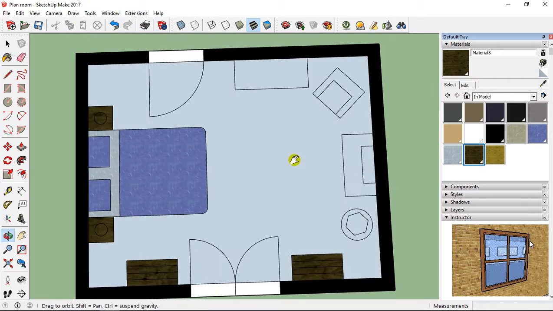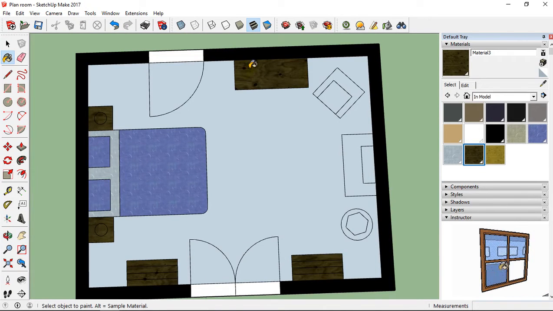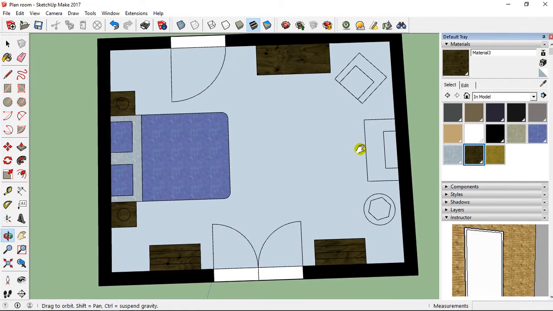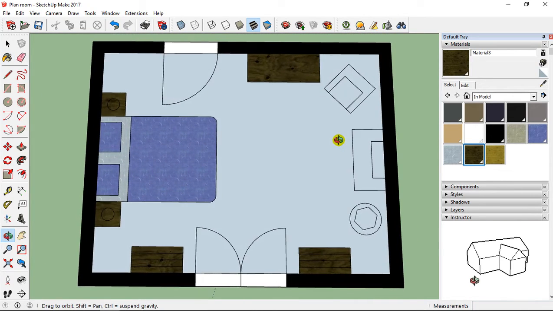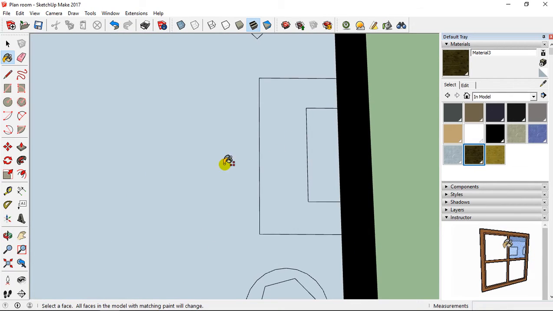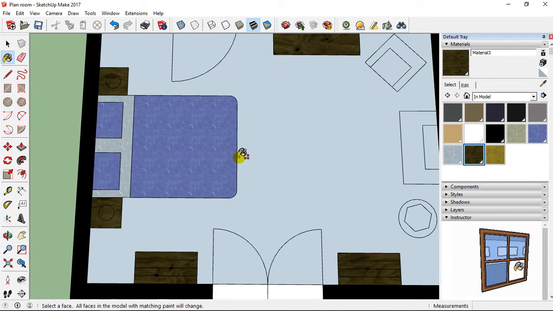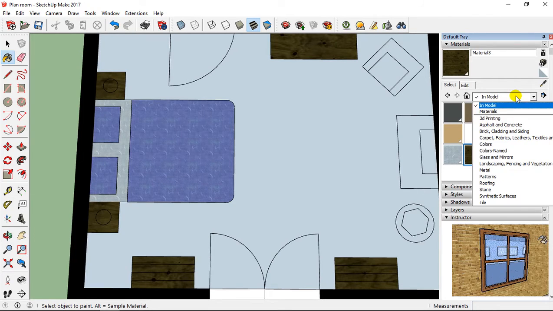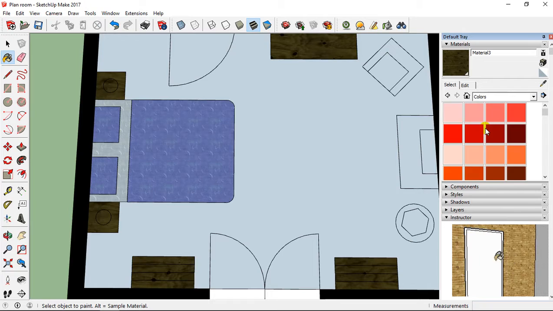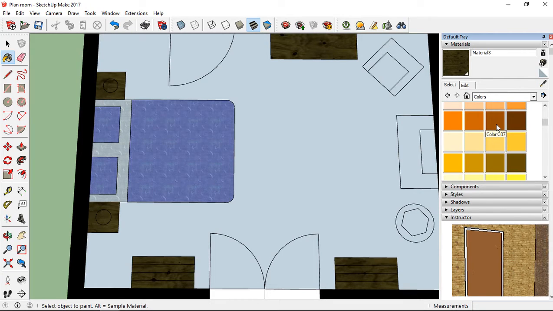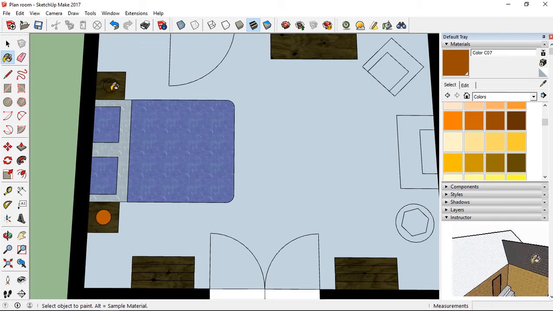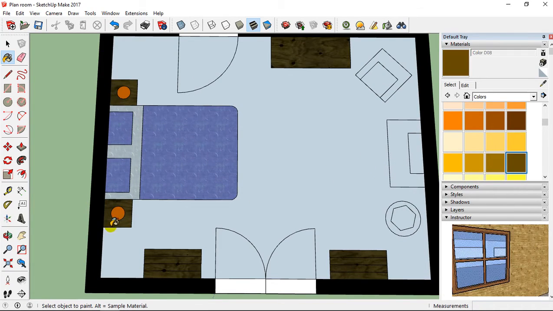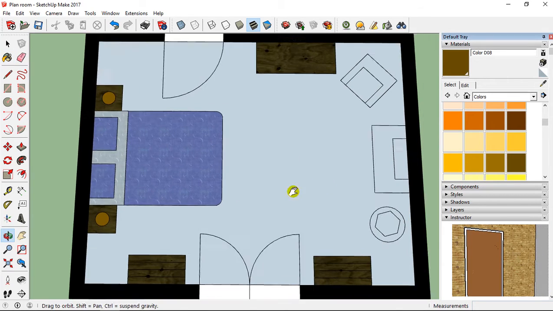Like this, and also the same color at this level. For this furniture, maybe I can change and edit a little, so it means that I can come back on color. I can select, for example, brown color like this, and integrate like that. Or maybe let's try with this color like this.